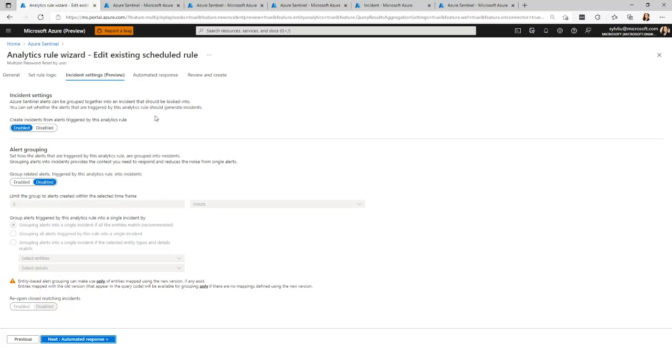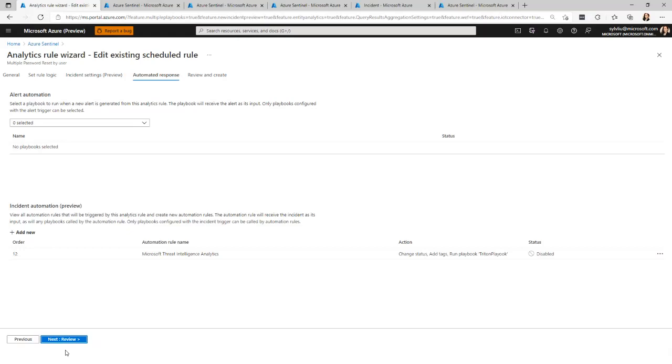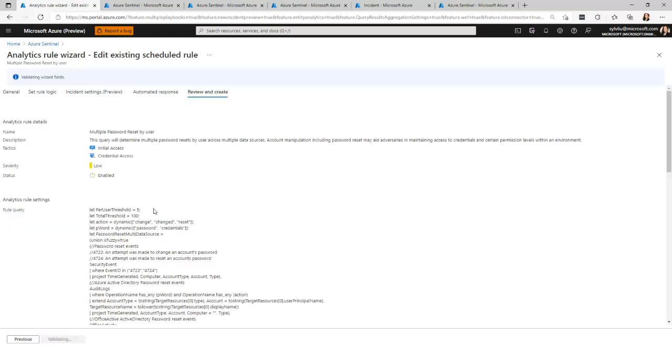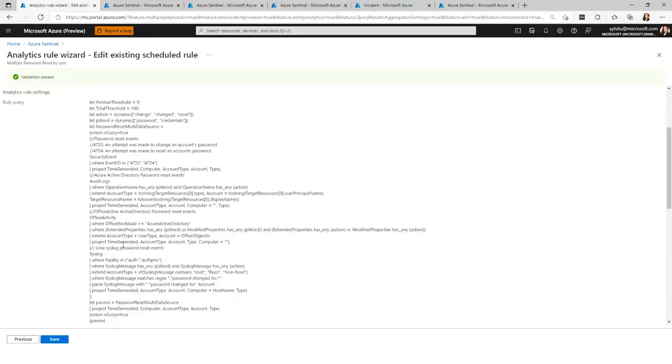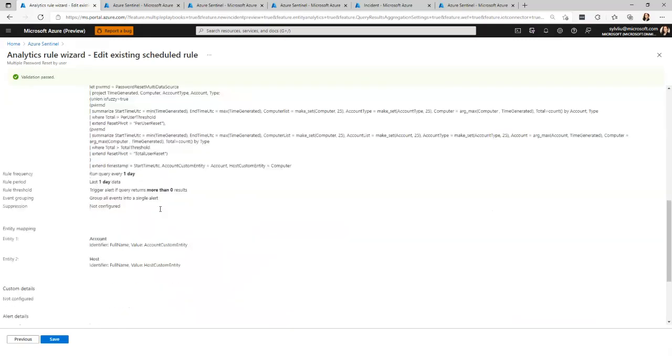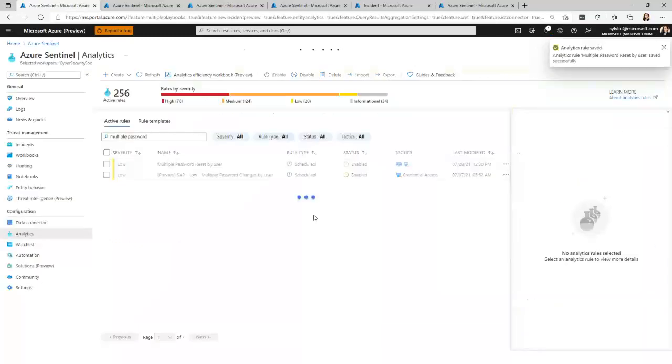It will not prevent Fusion incident from being triggered. Once you have configured the tactics information, reviewed the KQL query, and configured the entity mapping, this rule is ready to be used and picked up by Fusion.